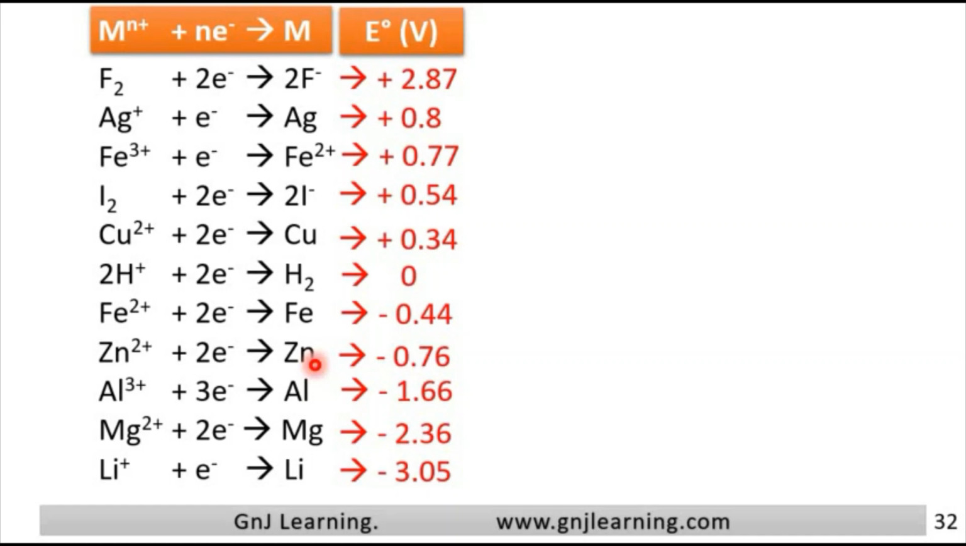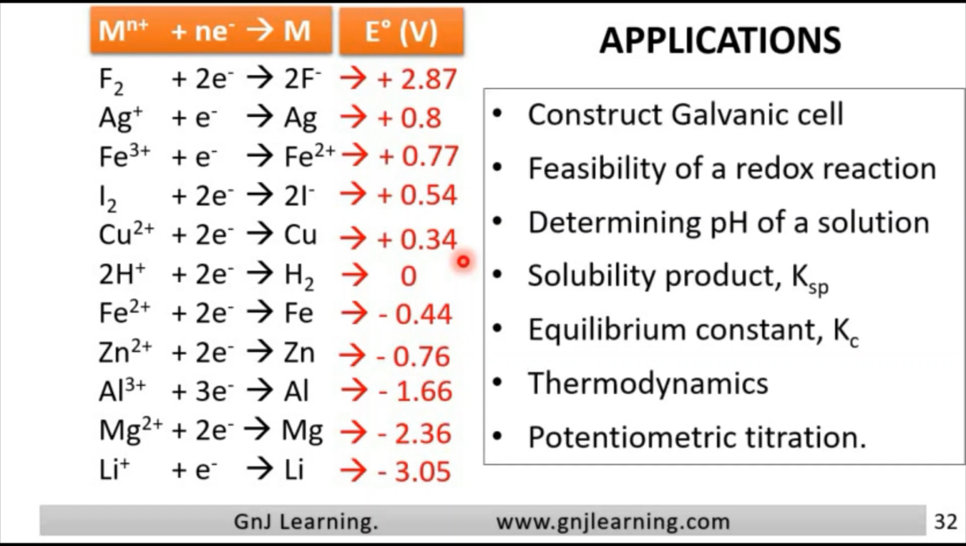In this part we will start with the applications of the electrochemical series. So what are the different applications? First one is to construct a galvanic cell. We have seen this in the last part, but we will see it again. Next is the important part, feasibility of a redox reaction. Using the electrochemical series you can see whether, if two species are mixed, the redox reaction will take place